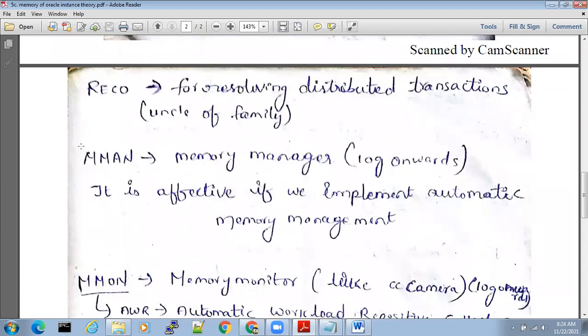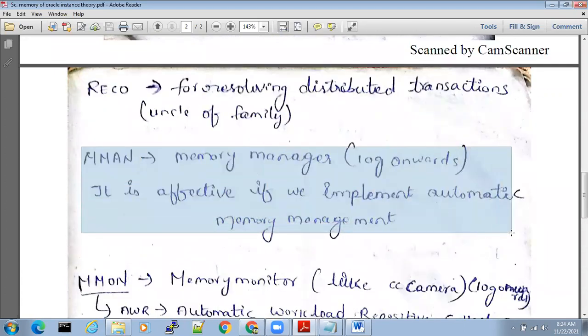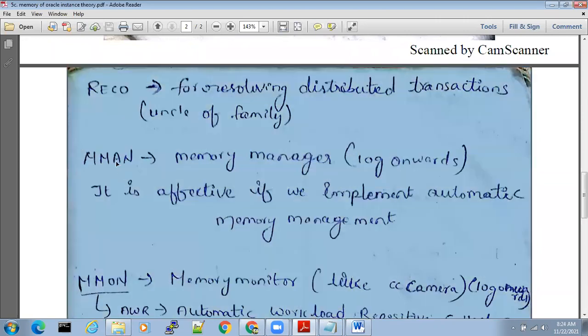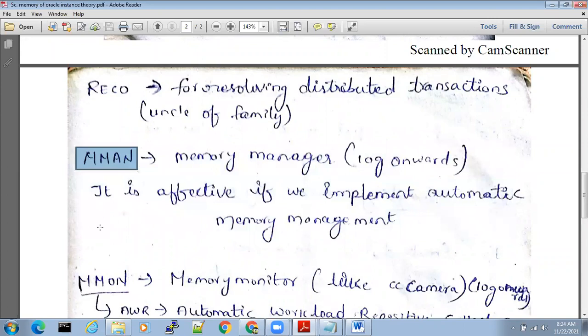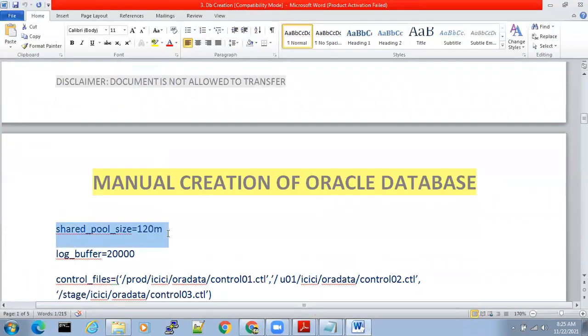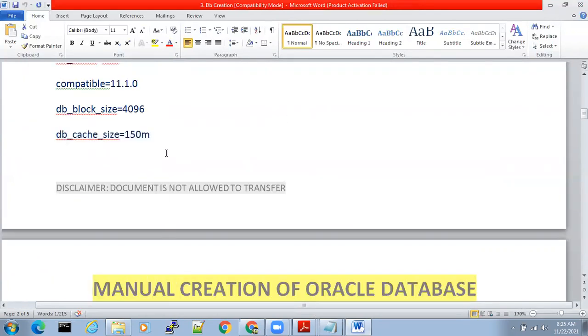So that is about this background processor. It will be effective only if we implement automatic memory management. If you give individual parameters, MMAN will not come into the picture.